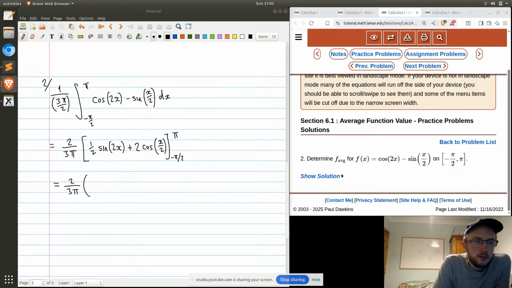Sine of 2 pi, what's that? 0. What's cosine of pi over 2? Cosine of pi over 2. Well, that's 0 as well. And therefore, 0 minus. What is sine of minus pi? 0. Okay. What is cosine of